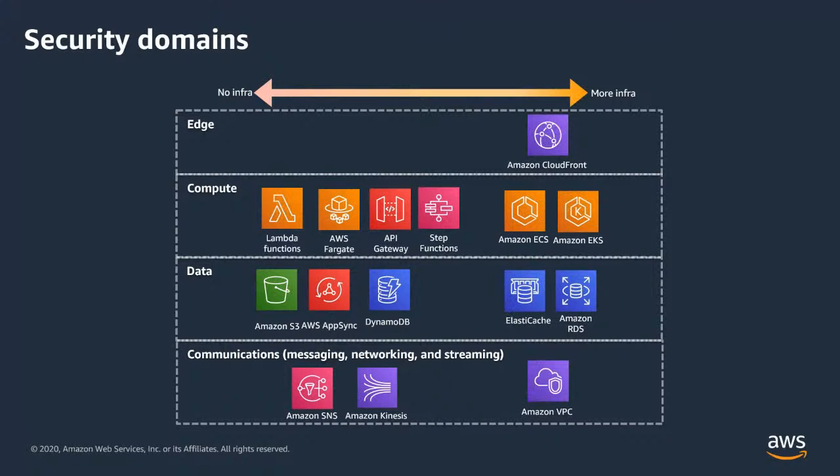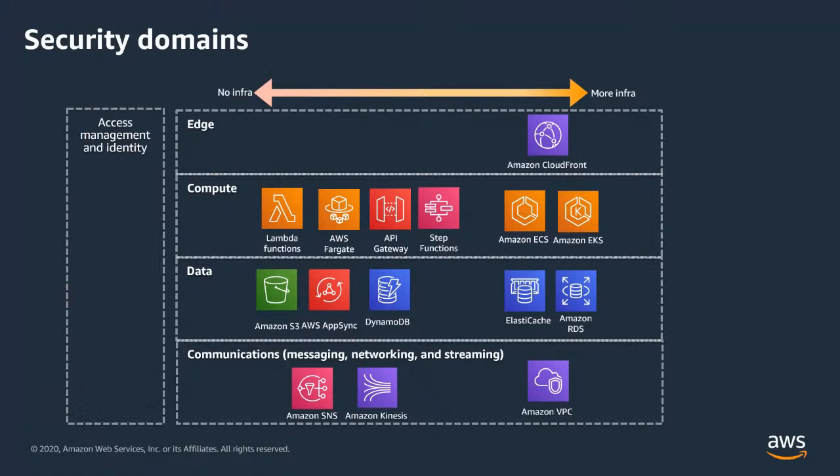There is infra there, but you don't have to manage it. So it kind of sits in the middle, if you can call it that. Then when you add access management and identity, you're talking about using something like Cognito for authentication, and using IAM for the user roles and the user accounts within AWS, right? So Cognito is for users of your applications, and IAM is for users on AWS to access your AWS services.